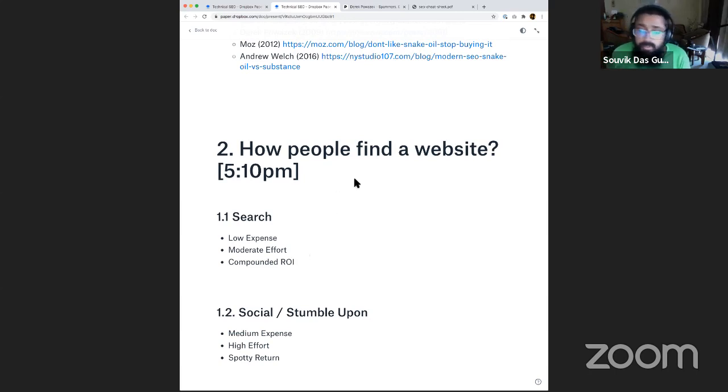So how do people usually find a website? If that is a question that you have to answer, one of the things that you can say is people search. People search on search engines like Google, Bing, DuckDuckGo, any other tool they might be using. Search engines are also integrated inside many operating systems. So if you're searching on your phone, often the search also gets conducted on the web.